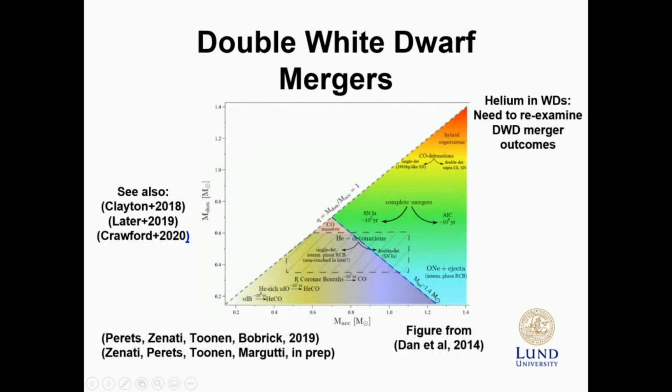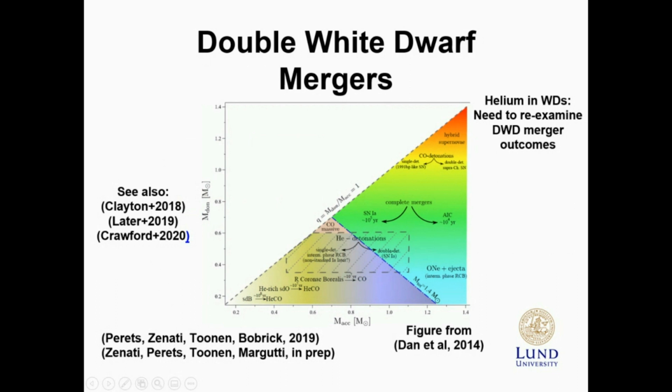So generally speaking, there is this sort of diagram wherein on the x-axis we have the mass of one of the white dwarfs, and on the y-axis we have the mass of the other of the white dwarfs. And at every point of the diagram, we basically see the outcome of what happens if we take a white dwarf of one mass and merge it with a white dwarf of the other mass. And these diagrams basically say that mergers of white dwarfs can lead to quite many different types of outcomes. And this is a diagram from Marius Den and others from 2014, and it very beautifully illustrates that,